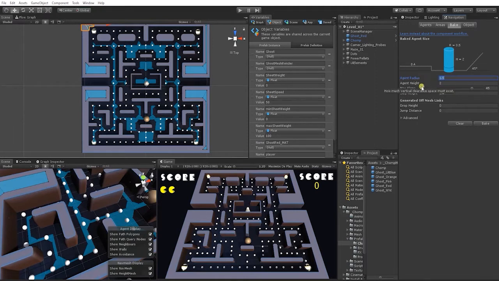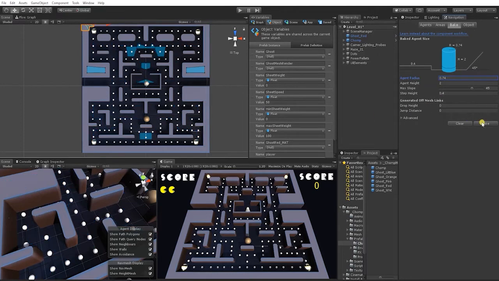So the main one we want to look at is our agent radius. The higher that is set, the more area outside the object that it will include in your navigational mesh. For example, if we click bake, we can see that the area is so thin at this point that it's not really finding too many areas to bake. So let's put that down to 0.2,